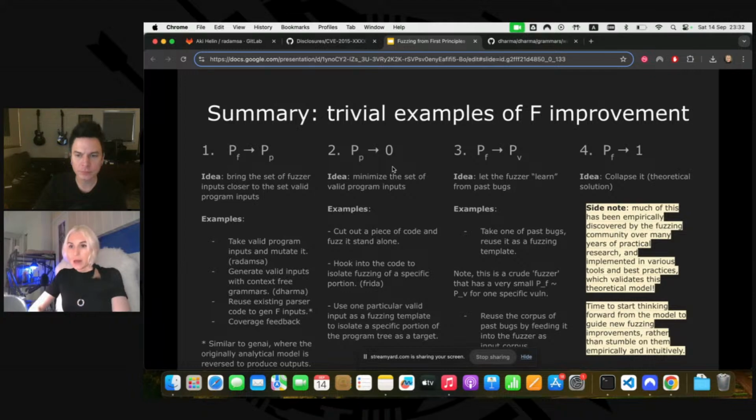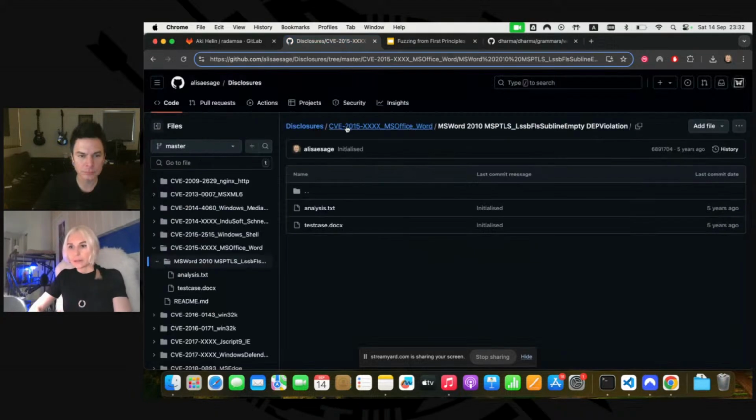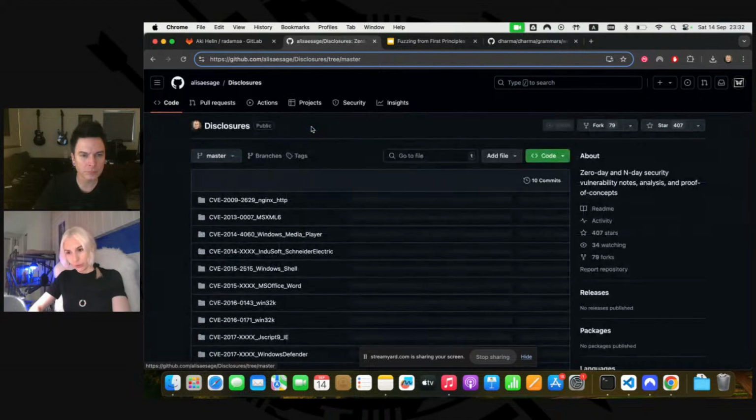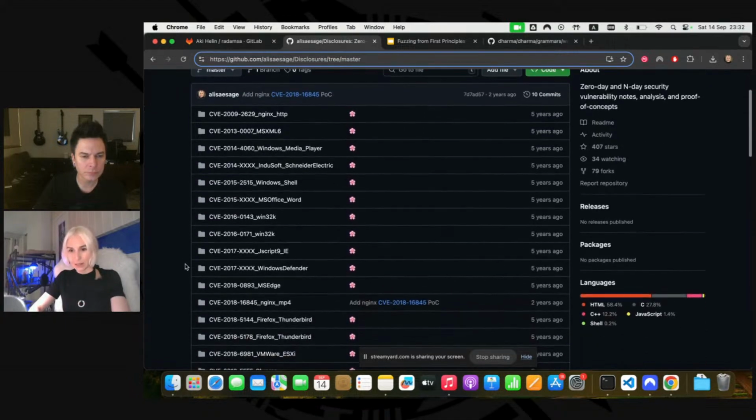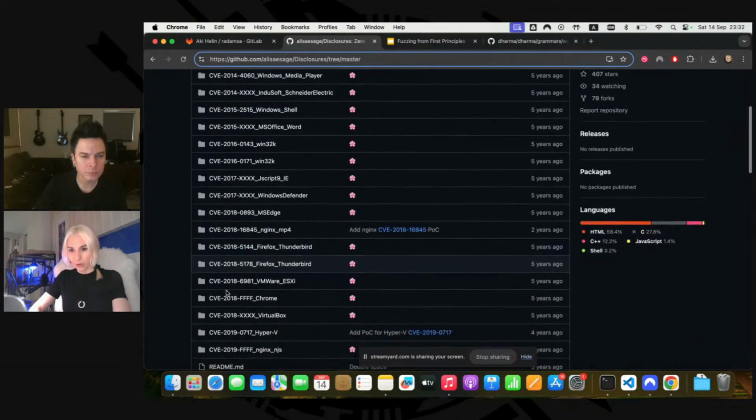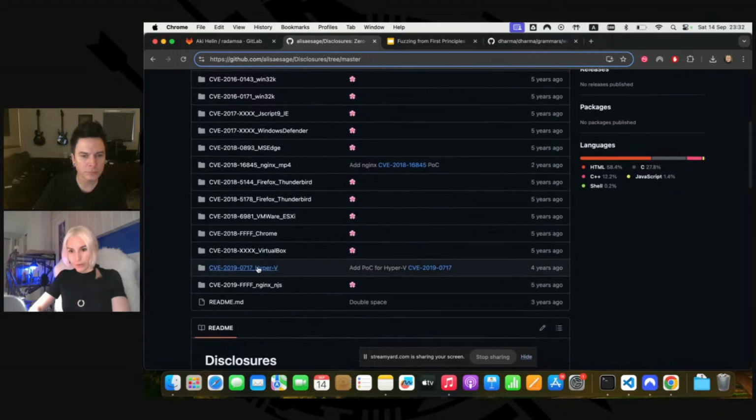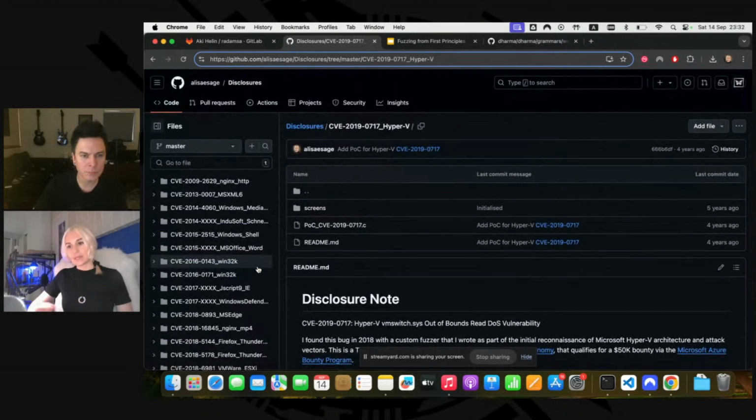An example here would be somewhat related from relatively recently, from 2018. It's a vulnerability that I found in Hyper-V, the Microsoft Hyper-V hypervisor. Attacking hypervisors is a separate topic because you cannot just give it a file. Hypervisor doesn't care about files. It won't parse it.